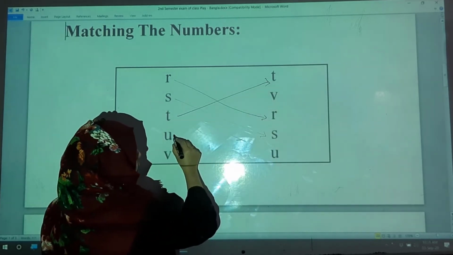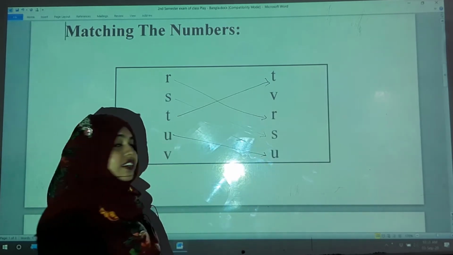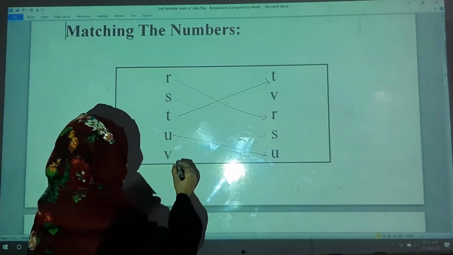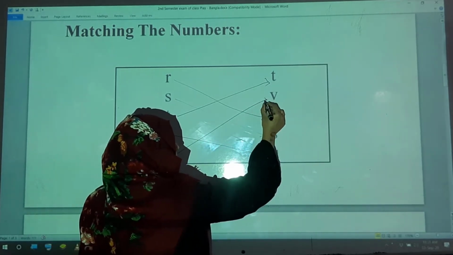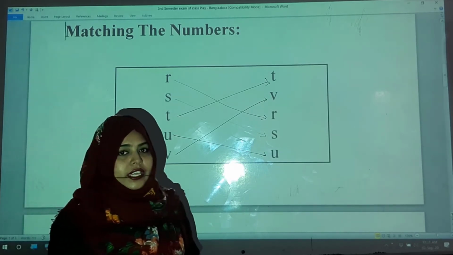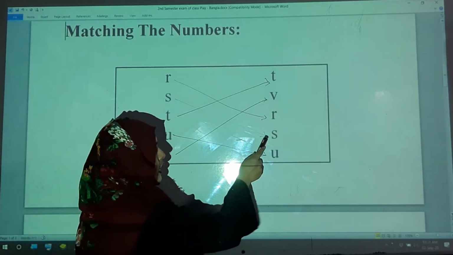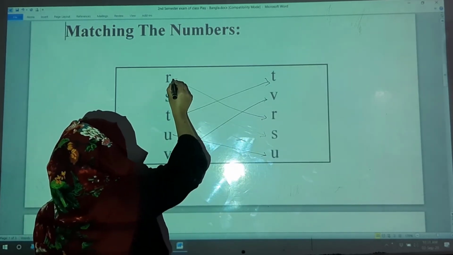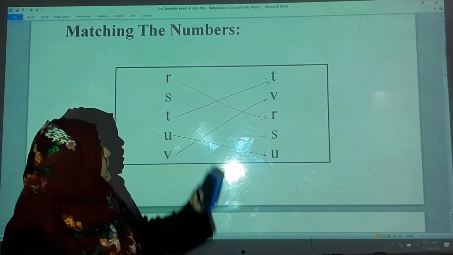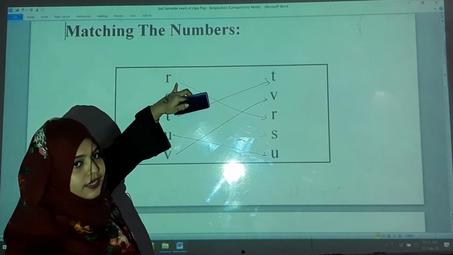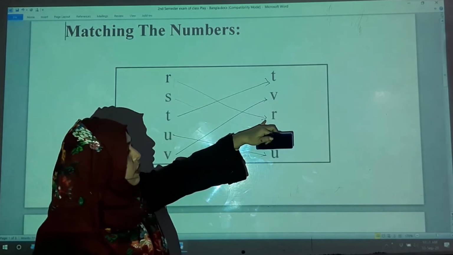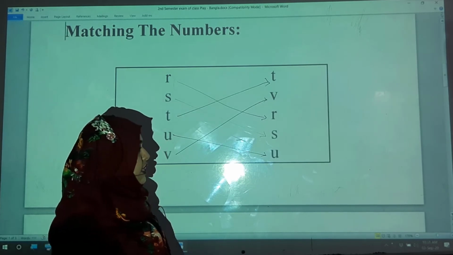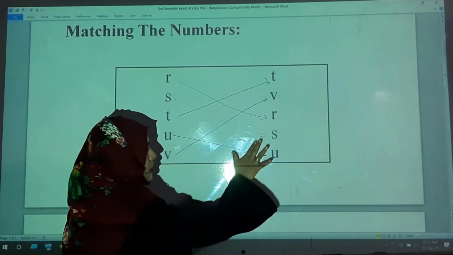T, U, and tell me where is the V? Yes, we have left only one letter here, and fill this with V. Just like this. But remember one thing, sometimes you show the arrow sign at both ends. Just like this. But don't show this. You need not show an arrow sign here. Okay, you just have to put the arrow on this line. But if you don't want to show this arrow line, no need to do that.